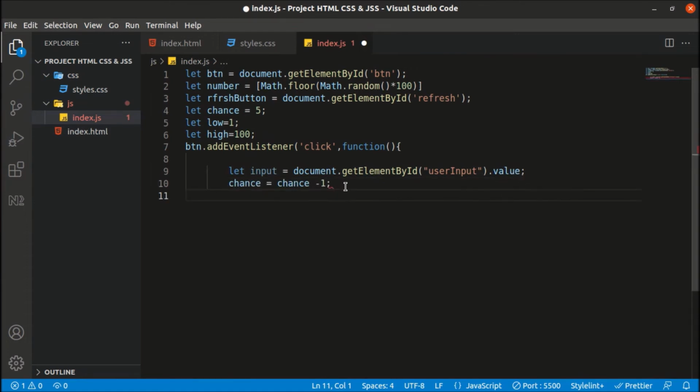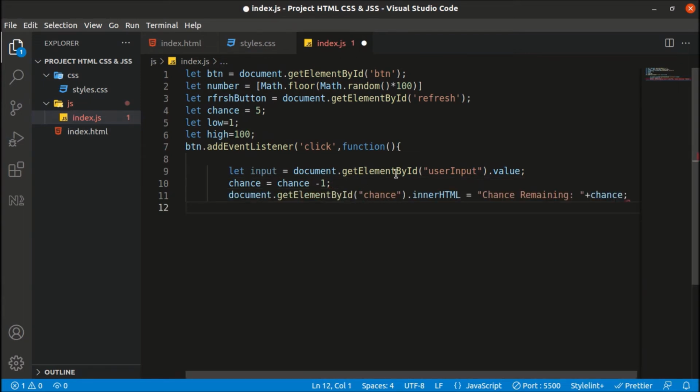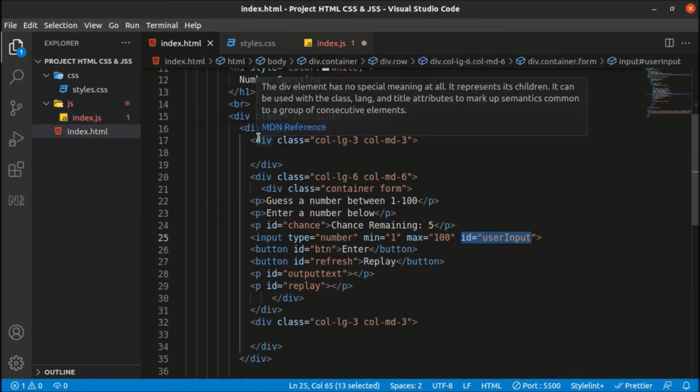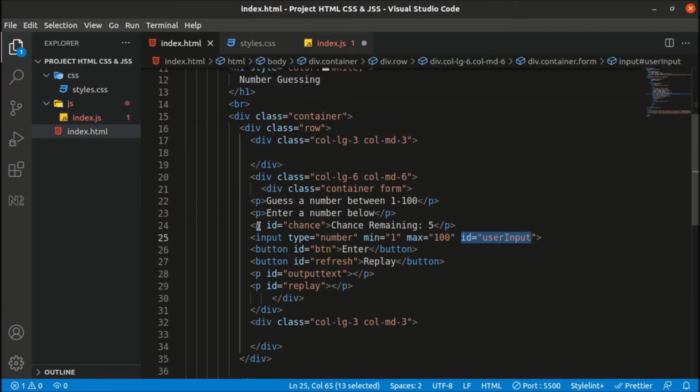Then we are decreasing the value of chance, so that since the user has entered once, we decrease the value of chance by 1. After that I am changing the text of this element. By default it will show chance remaining 5, and after pressing the enter button once, the chance will decrease.